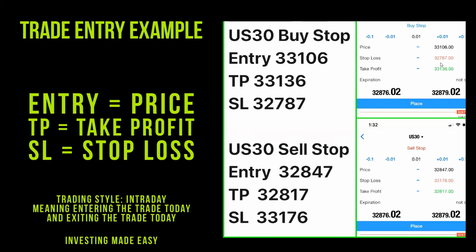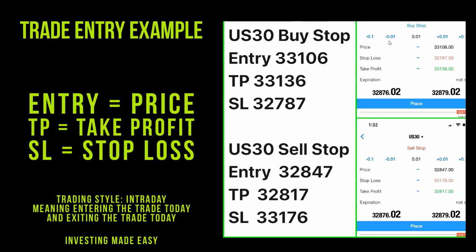Now, if you have an Android, it looks a little different, okay? In an Android, you have a green line, you have a red line, okay? Your red line represents a stop loss. Your green line represents the take profit. Let me explain to you what a stop loss is. A stop loss is a protection line. It means if our trade goes the wrong direction, kick us out automatically. That's what a stop loss is. A take profit means if the trade goes in the right direction, you're going to exit in profit automatically, okay?